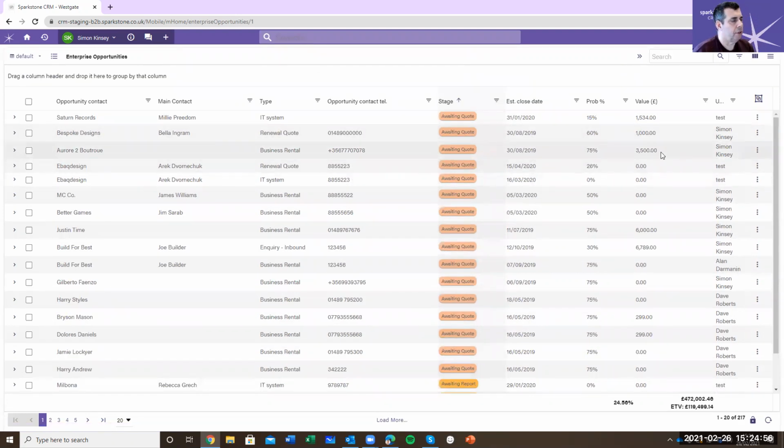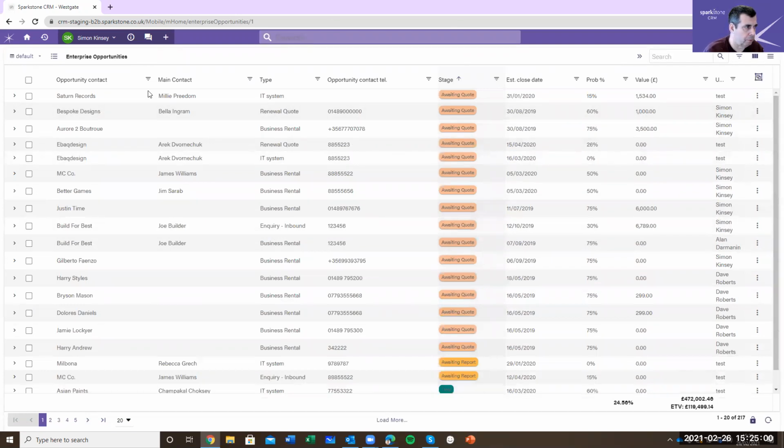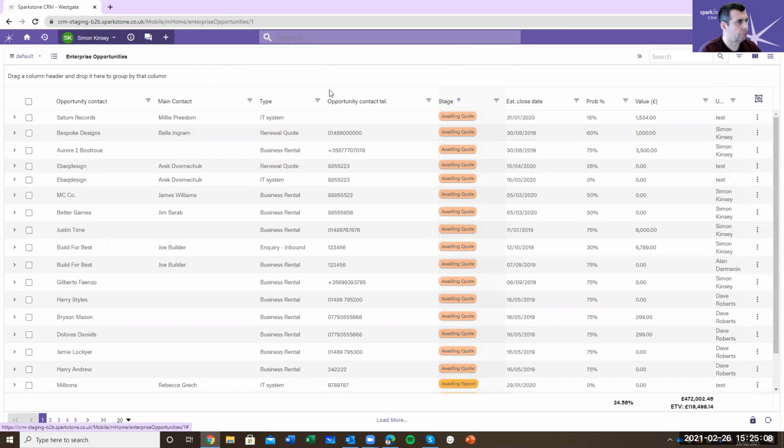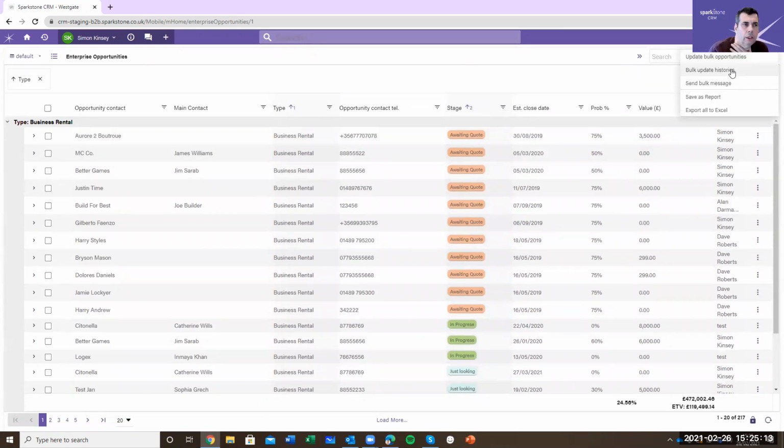If I wanted to export to Excel, all I have to do, let's just say with grouping for a minute, let's just put that grouping back on, and we'll do it by type this time. We'll switch it on and off. You'll see the type there, I've got my business rentals. If I now export all the records to Excel,